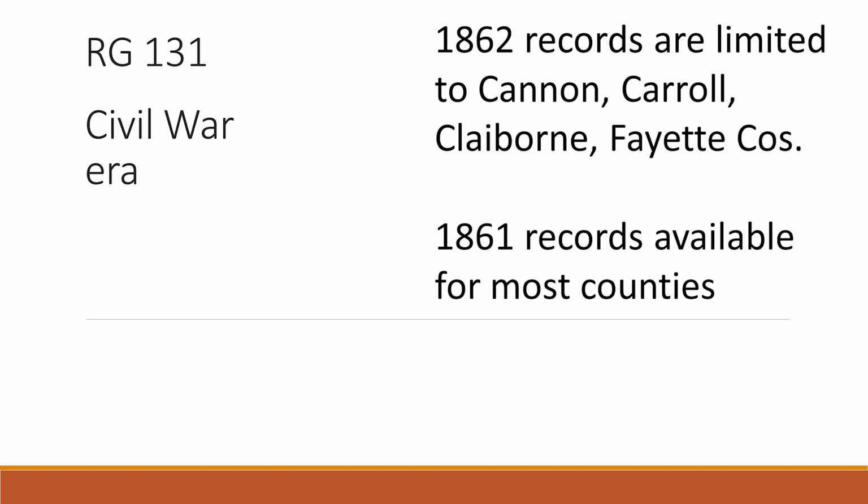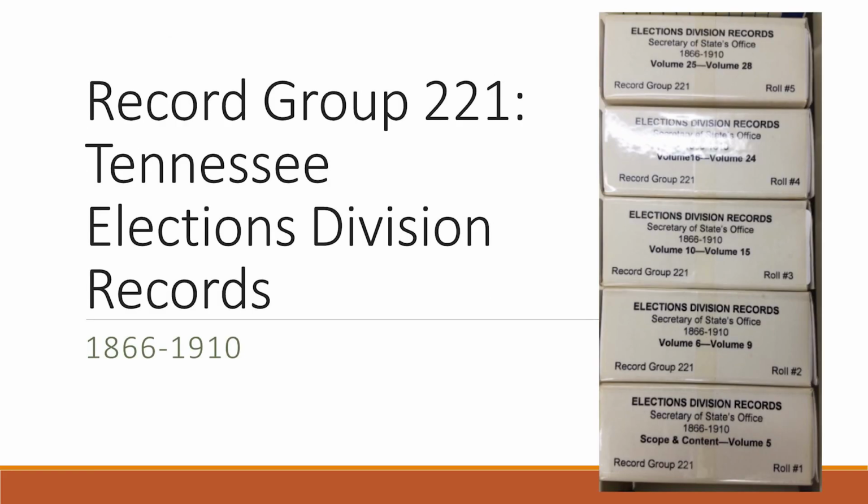Civil War always gets our interest, so in record group 131, military elections for the Civil War era, it's actually quite limited. 1862 records for just 4 counties, but 1861 militia records are available for most counties. So at least for 1861, you can see who the elected officers were for the local militia companies in the various counties. Okay, let's move on to another record group